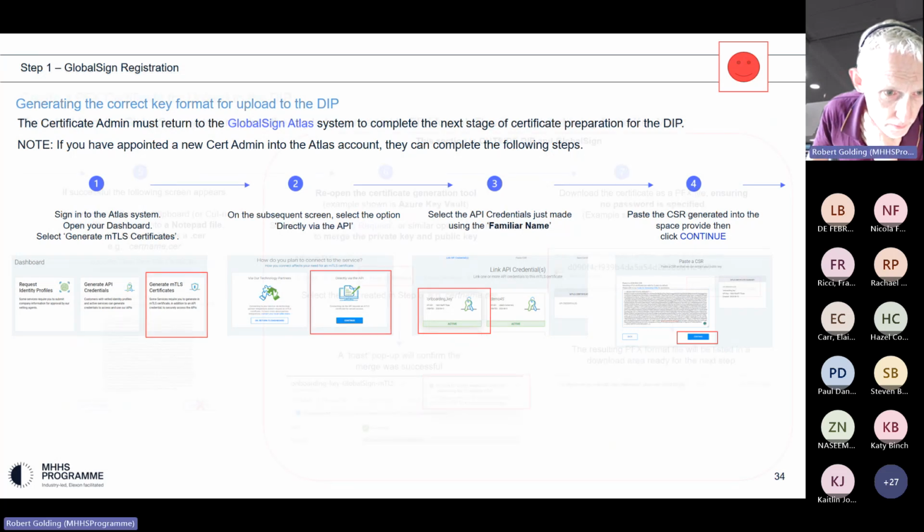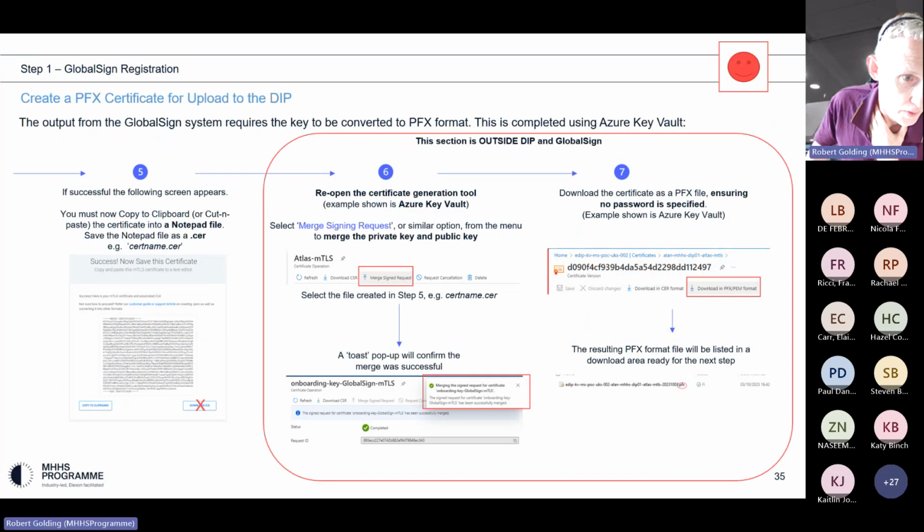So, the next slide. Here we're creating a PFX certificate, and in the tool it will generate the key. You need to copy it, because that will then move on to the next phase, where we need to generate the certificate in